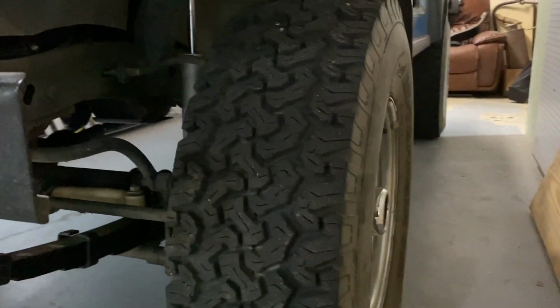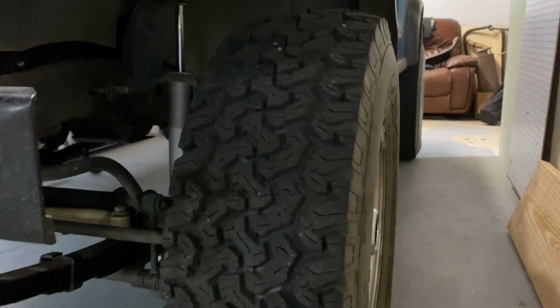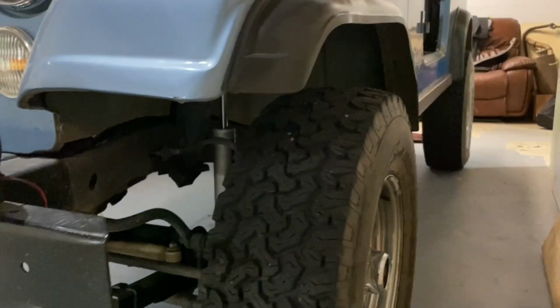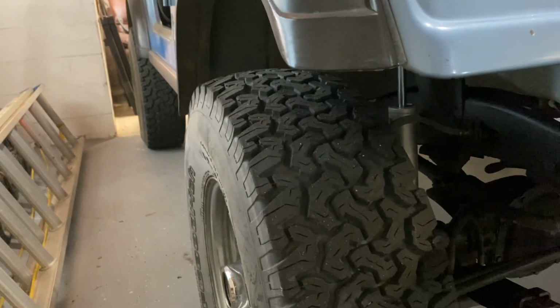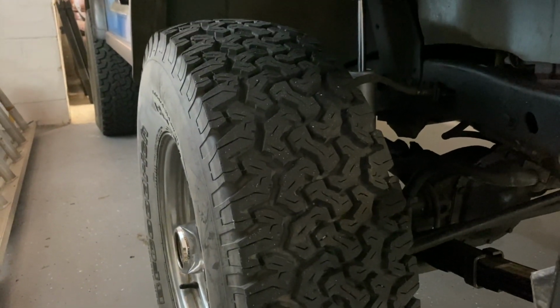As far as longevity on the BF Goodrich All-Terrain, I've had, I think, 2 sets of these on different vehicles, and based off of friends' vehicles that have had them, I'd say this is probably a 45 to 50,000 mile tire if rotated and maintained. If you run a wrong air pressure in these or anything weird and don't maintain them, I have seen these wear fairly quickly, even though they are an all-terrain. I've seen them wear bad just in the center. I've seen them wear bad on the edges. So if you get them mounted and balanced appropriately, rotate them, clean them, anything you do, like we mentioned on the Trail Grappler,